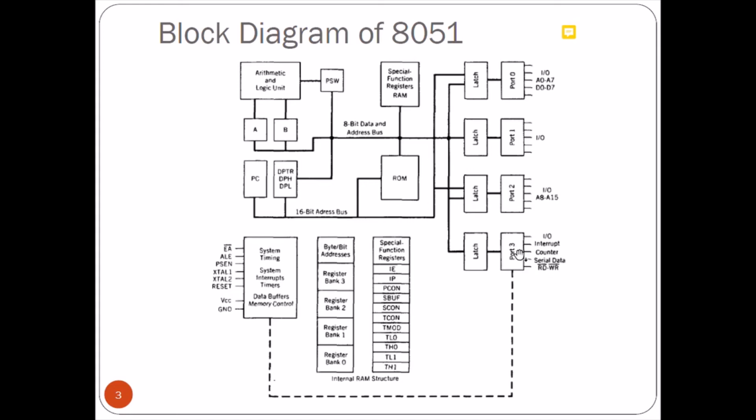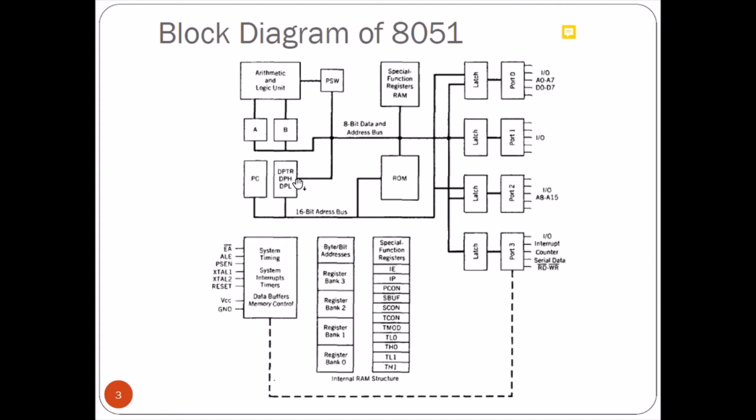As well as we can do input output with these ports. These ports are latched with the address. So we have the 16-bit address bus and 8-bit data bus, and 8051 has the arithmetic logical unit ALU, which is present in all the processors, microprocessors. Then registers A, B, then PSW means program status word, PC or program counter. We will see the details of the registers in another video.